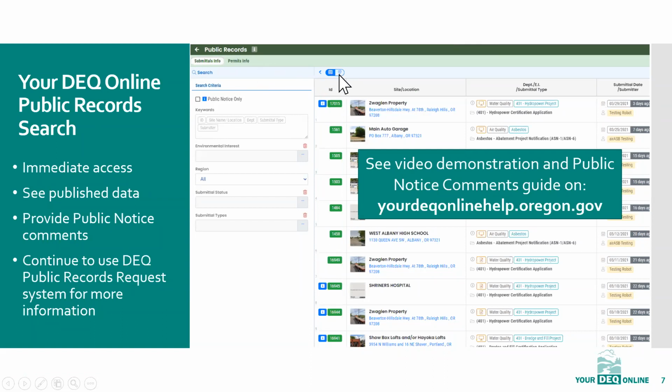You can also look at a map view, or you can look at a grid view. And what you'll see on the left-hand side is a whole set of search criteria. So I am going to mention here, so that you can explore this on your own and we can move forward with account registration, that if you would like to learn more about this, go to your DEQ online